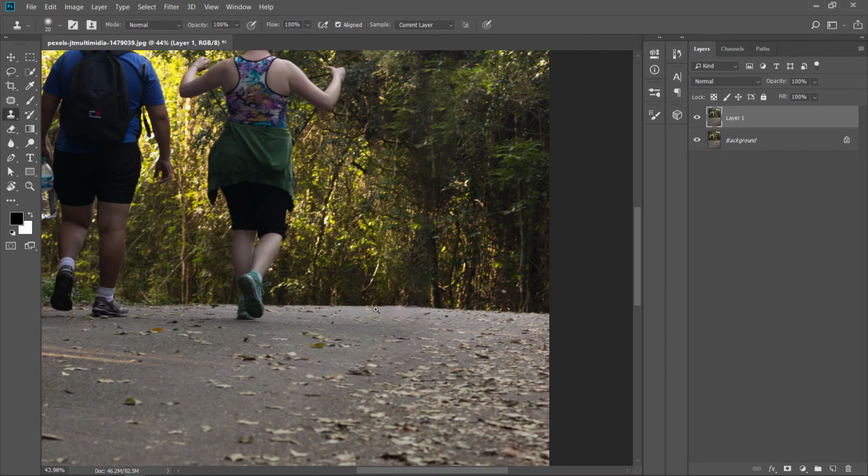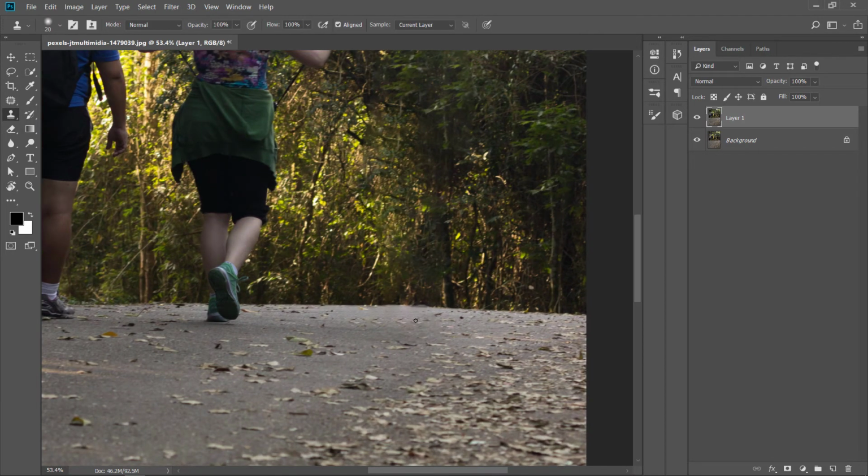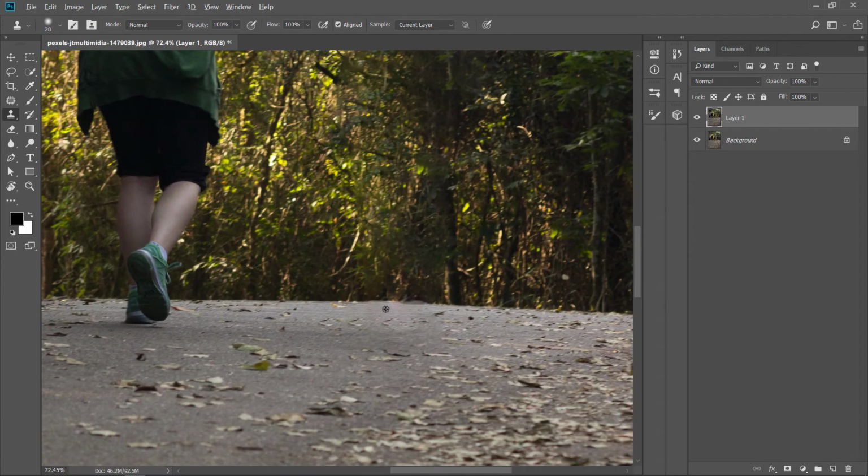I can also use the clone stamp tool to clone something near to make it more believable.